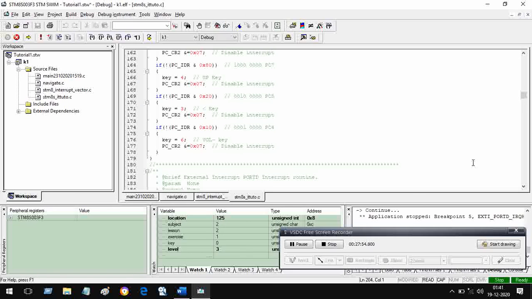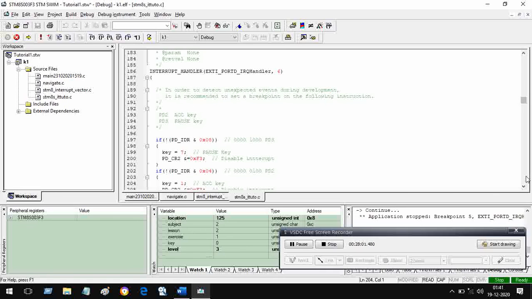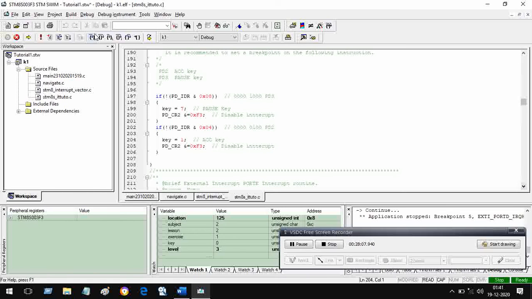They are gone from port C, and from port D interrupts also. Nothing remains, so I can now run it. Right now, see what you have got here: 125.22103. You are at level 3. Because you are at level 3, you can only change the exercise number. You can increment this number or decrement this number. The range is from 1 to 10.